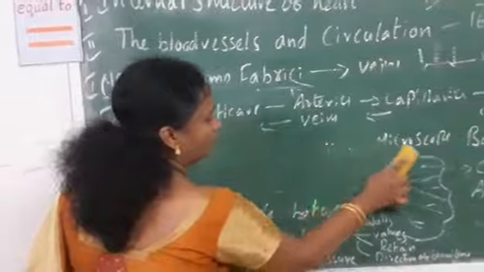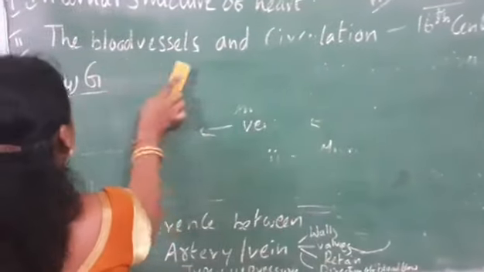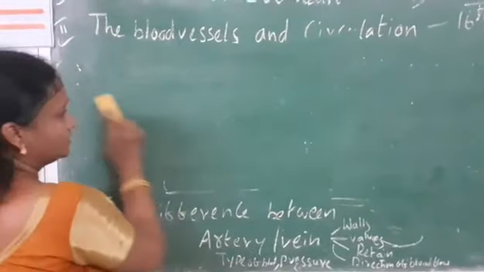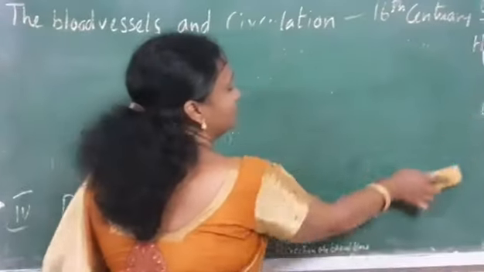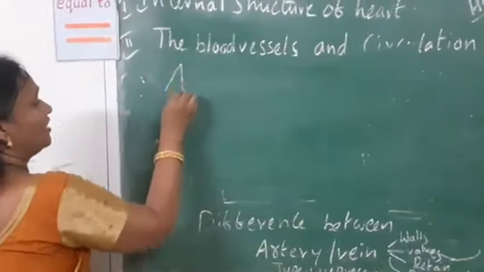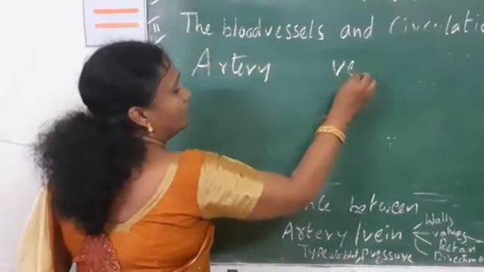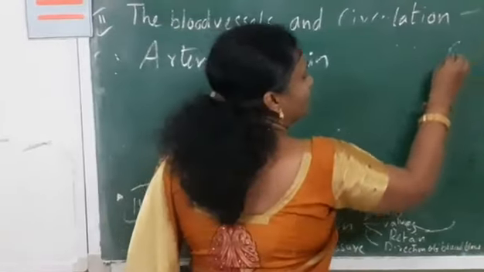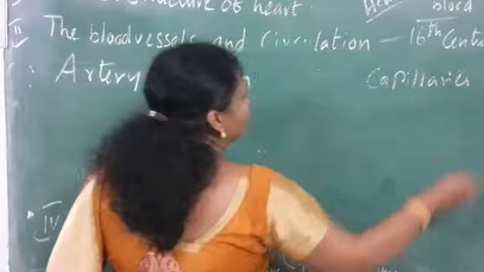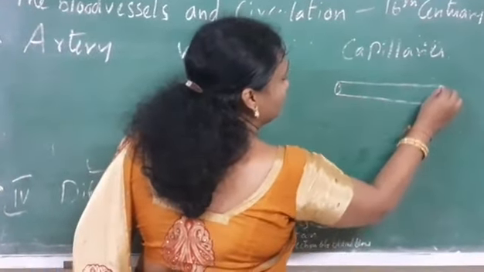So next we'll go for the next topic in today's lesson, the most important topic. Now you know that our heart is connected to two types of main blood vessels, that is the arteries and veins. When we see the artery, vein, and we have seen about the capillaries, these are the three blood vessels we observe. You have seen that these capillaries are tiny blood vessels.